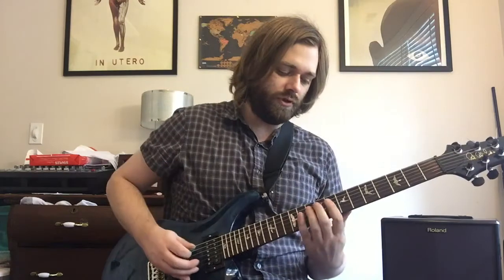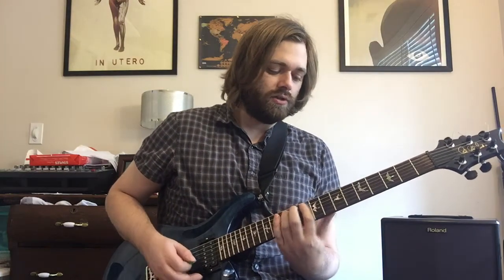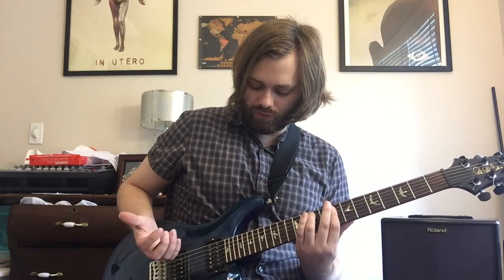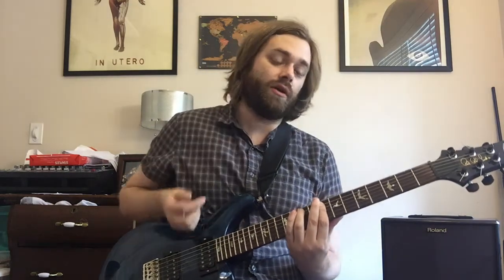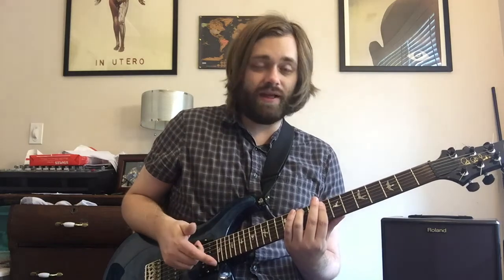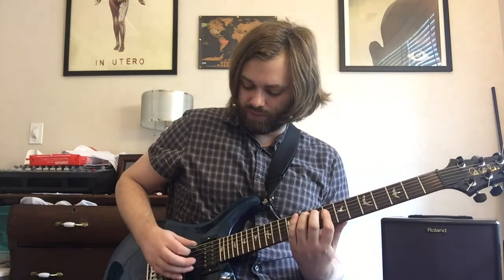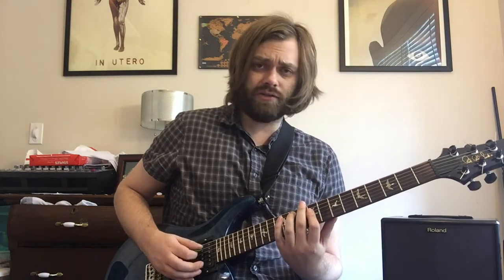Then basically what we do is the same chord progression but with different voicings. What you're doing is playing a first inversion chord of each of these chords. So this is an E flat with a G in the bass now. So the fret numbers would be 10, 8, 8 on this one. And then that's going up